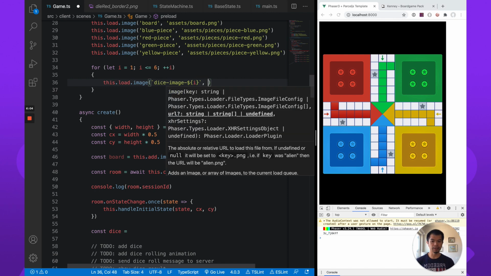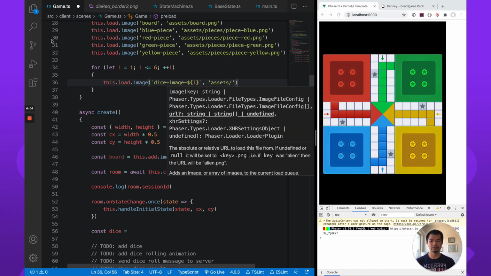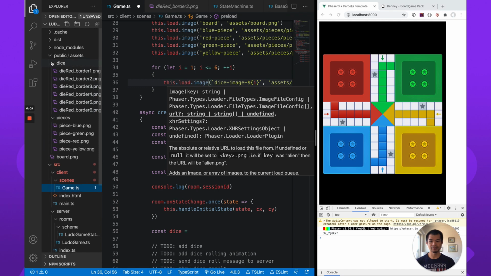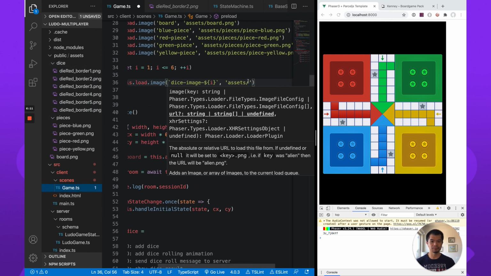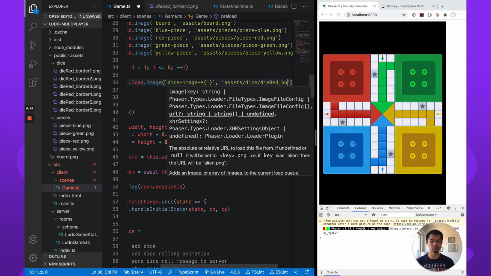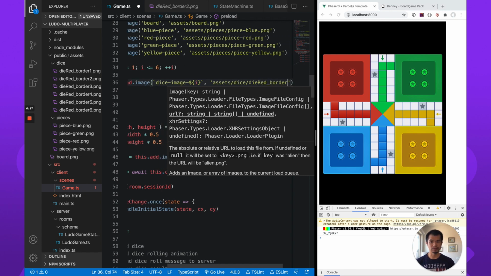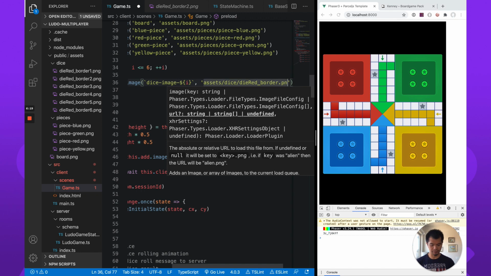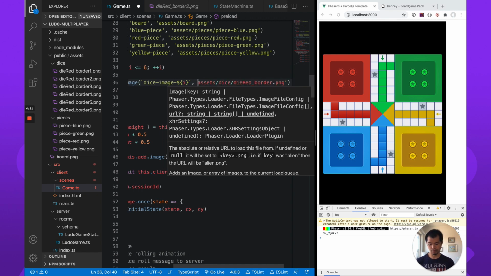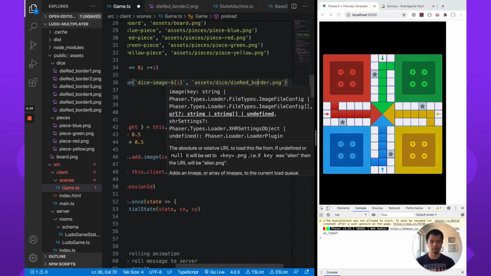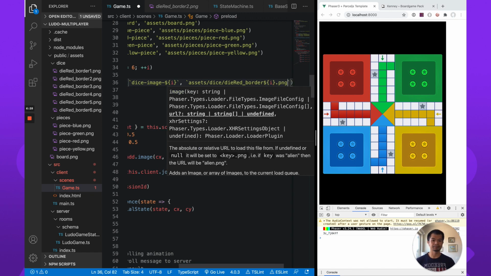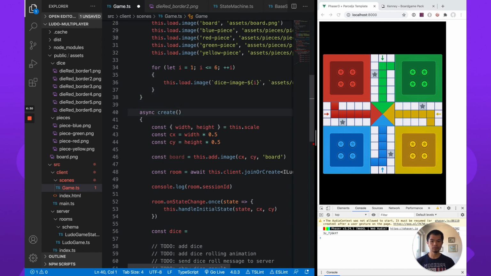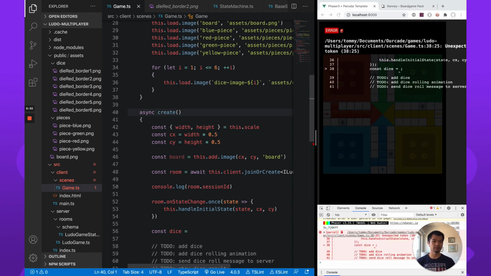And it is located in assets. Let's put this back. Assets, dice. That's dice, die, red underscore border, some number dot png, right? And we can use string interpolation here as well. So border and then a number, which is I in our case. Okay, so that is,